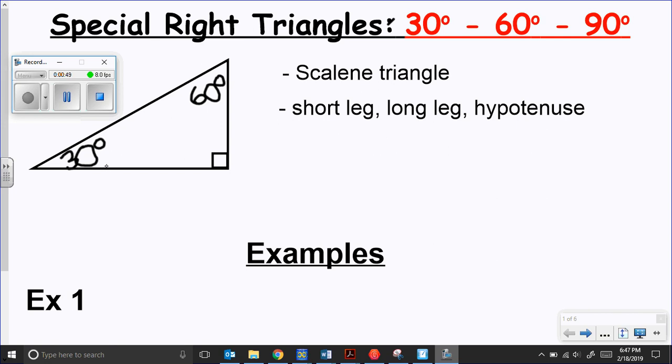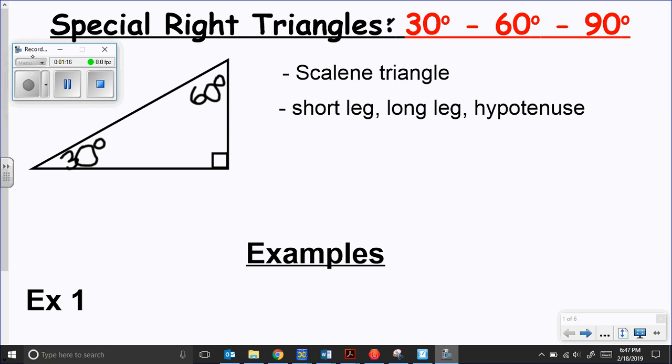So again, the short leg is across from the 30-degree angle, and the long leg is across from the 60-degree angle. So if you're a 60-degree angle, you go to the side opposite from it. And then the hypotenuse is always the side opposite from the 90-degree angle. And so kind of like the 45, 45, 90, the sides fall within a ratio